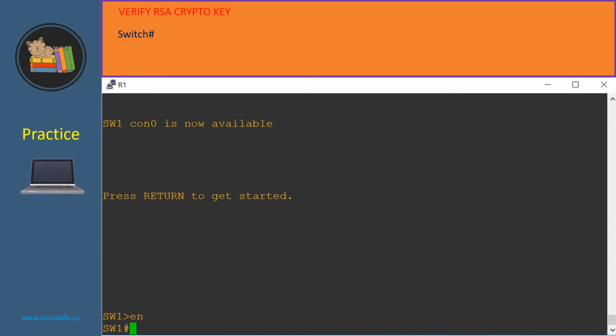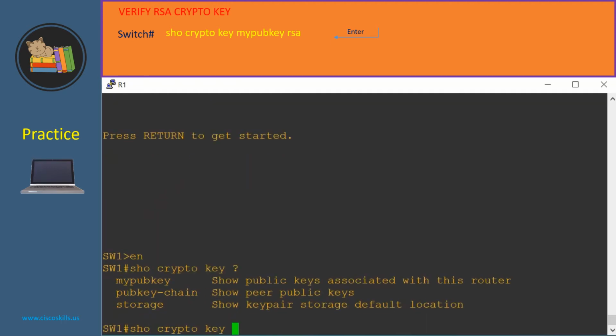To verify the RSA crypto key at the switch privilege mode, we issue the command show crypto key mypubkey rsa, then hit enter. Let's do it in switch 1. Here we are in the privilege mode. We issue the command show crypto key, then put in the question mark. As you can see, when we enter the keyword mypubkey, it shows the public keys associated with this switch. Let's enter the mypubkey,